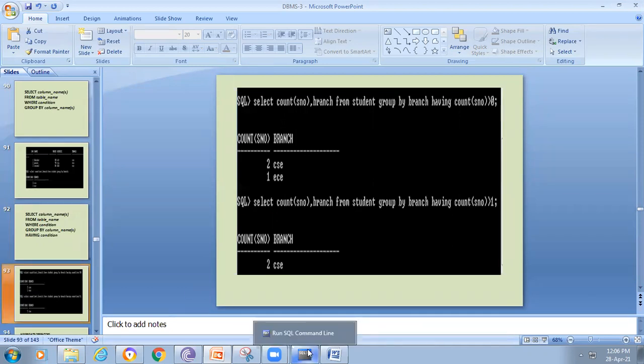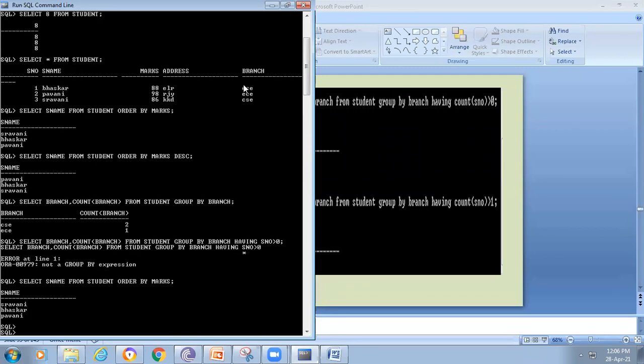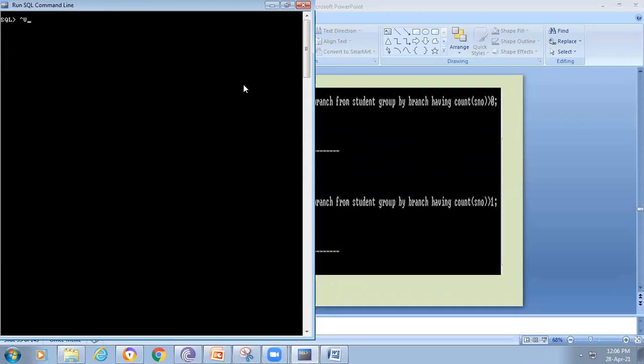Here also we are using one thing, that is aggregate operators. So I will try to clear this. Simply paste the command.